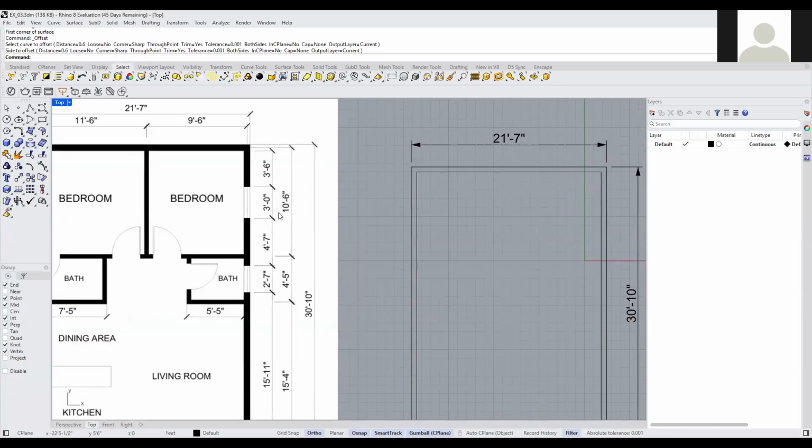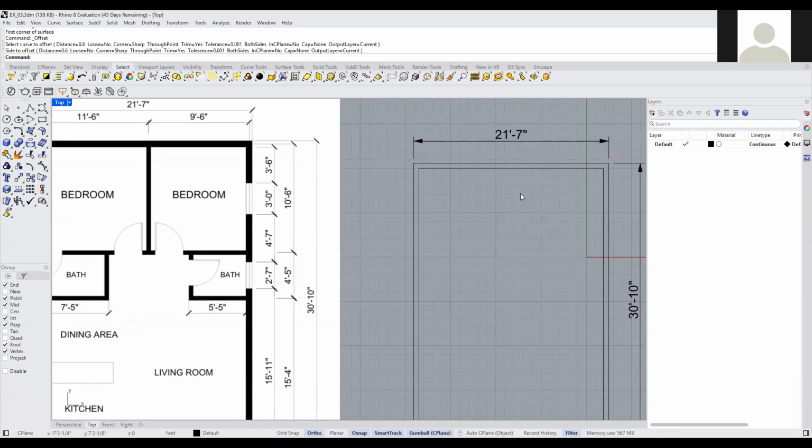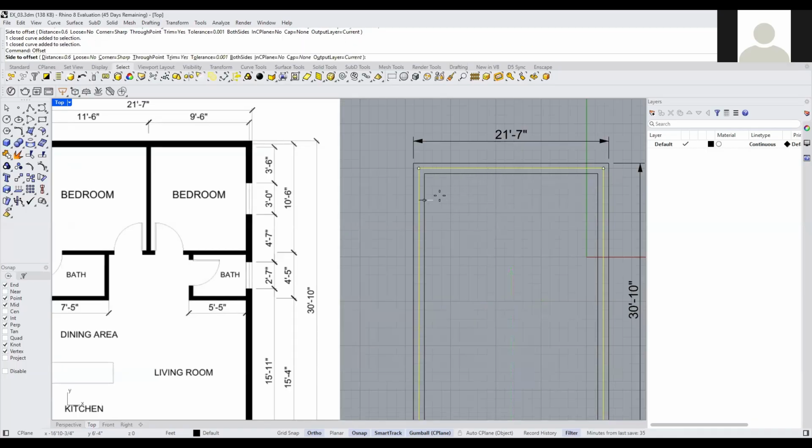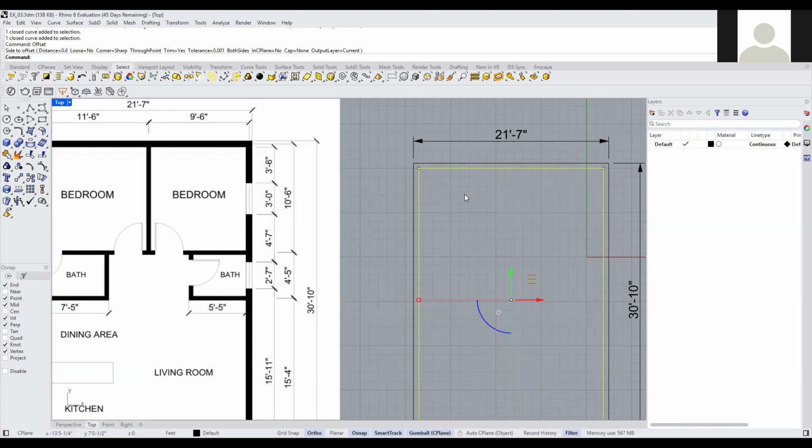First, I'm going to show you how we can offset, or even we can also draw with a polyline or lines, right? As you see, if you click on this rectangle, you'll see it's a closed curve added to selection. So if we want to offset again, for example, I'm going to type offset and again you see another rectangle, right? But I want to offset only one line, to draw my